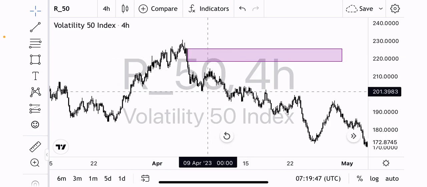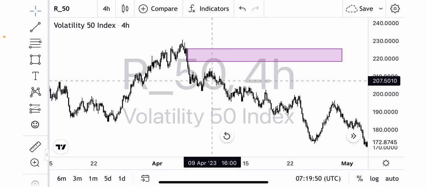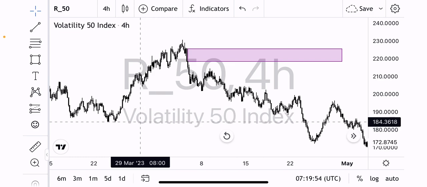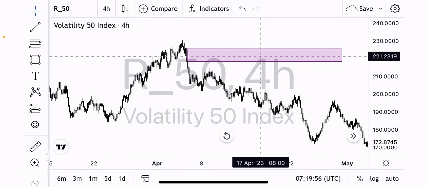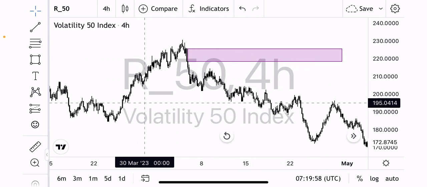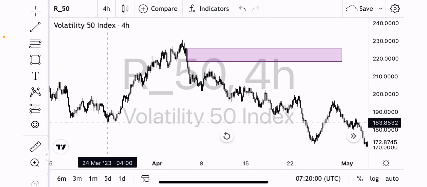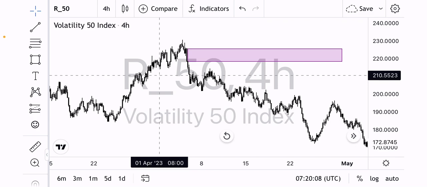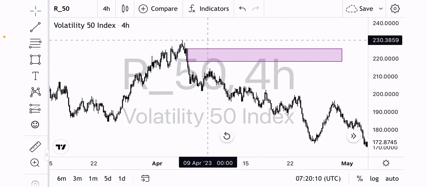Now, after we had this break of structure, market started using this range to continue to the downside until we took out this low. Now, the validation to come back into this structure is we are going to break this external liquidity. Now, after we've taken this external liquidity, market can continue movement to the downside, but that does not simply mean market is not going to come back into this area.